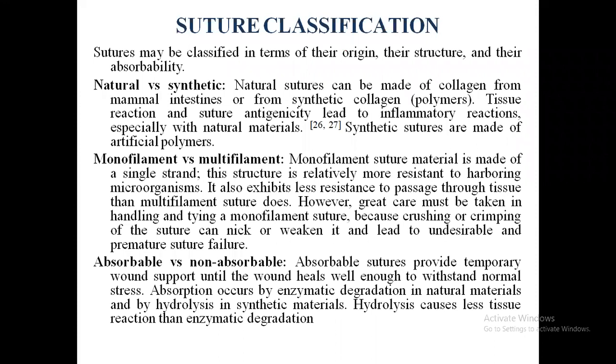And then in suture classification, we have natural and synthetic. Many types of suture material are there, and in those suture materials, we have natural and synthetic. And then you will be surprised, or maybe you know, the threads of the suture which we use, in maximum cases, are made from the mucosa of cow, sheep, and other animals.